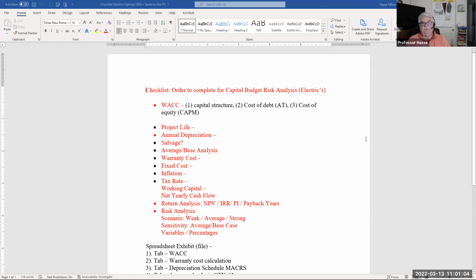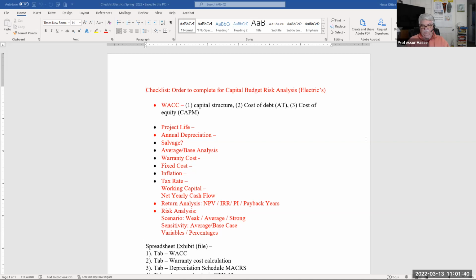So let's take a look at the electrics case, of which some of you I know are beginning to put together because you've been sending me your drafts of your work for review, and most of them are looking very good. There's just a couple of key areas that I've indicated before that we need to think about and adjust. Use the template provided in case number 3 and in the prior one. That's a great template to just insert the numbers. Now, you're going to have to insert some additional lines, and that'll equate to some of your Excel skills or your spreadsheet skills, but I can help you with that if you're running into problems.